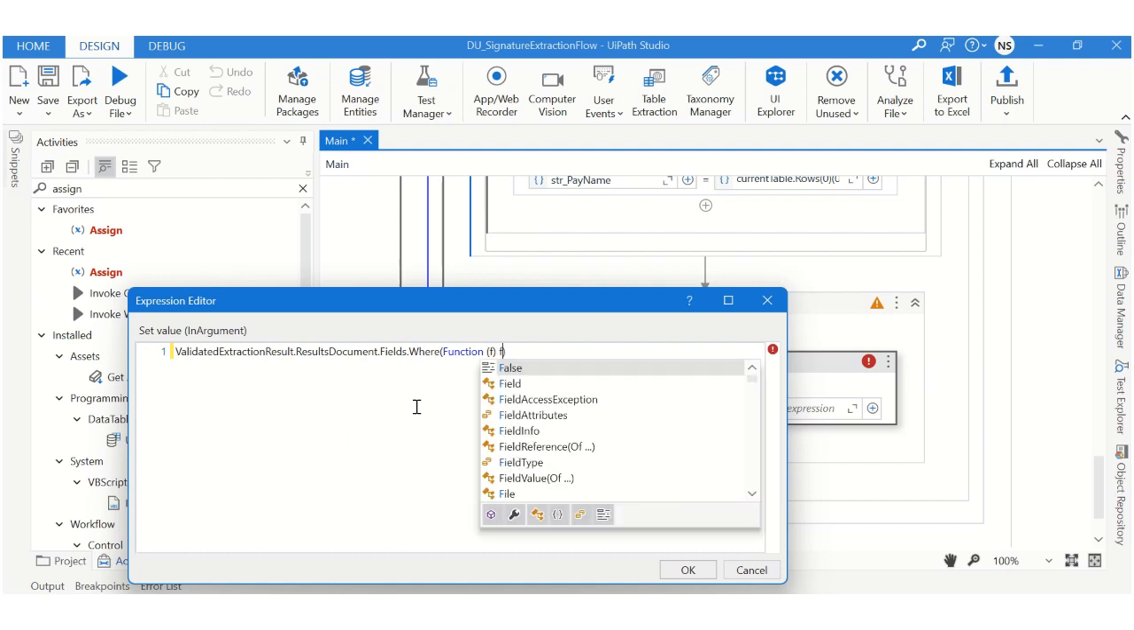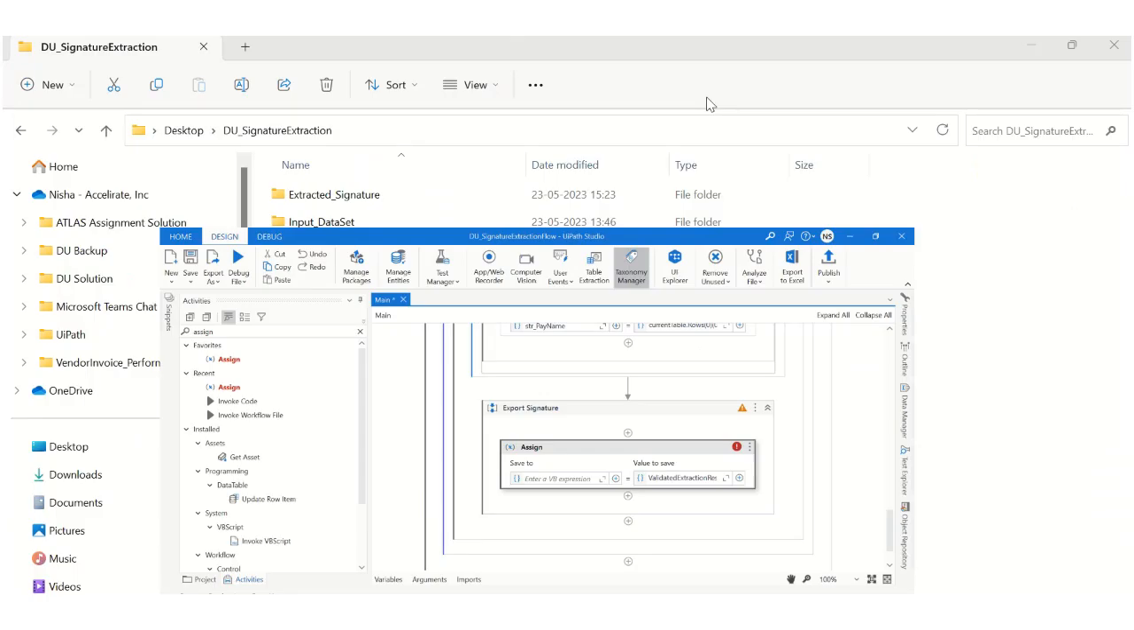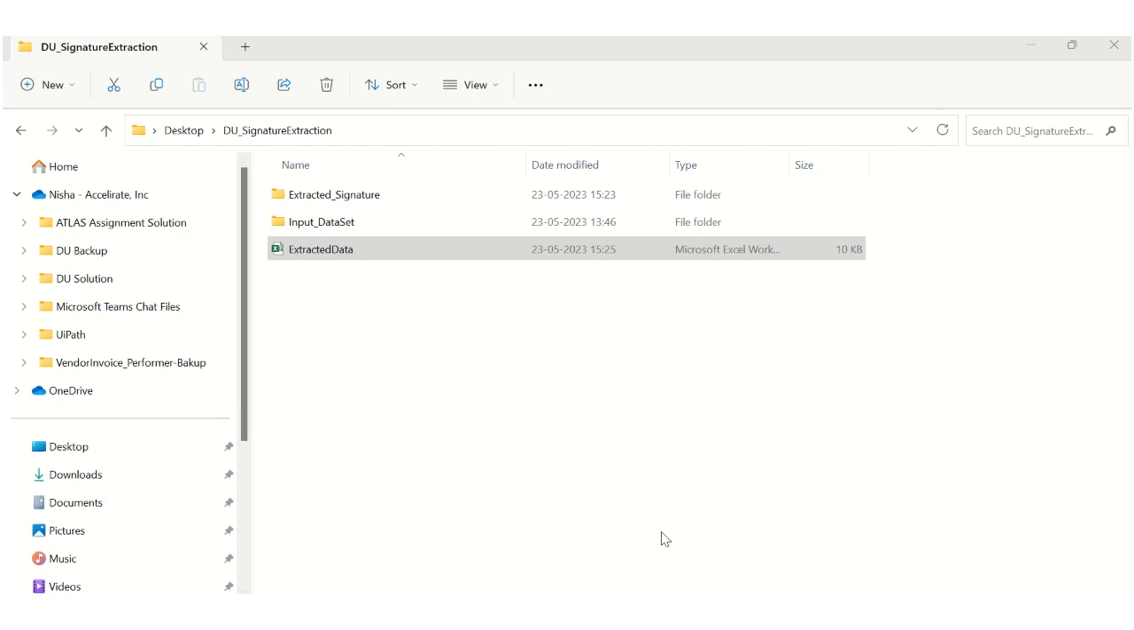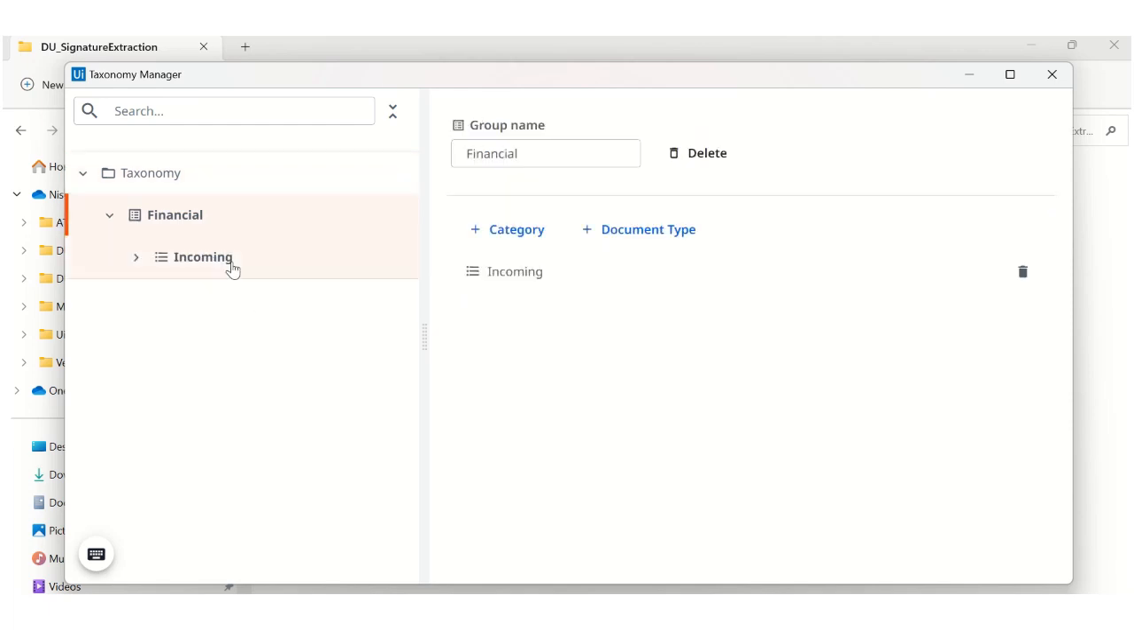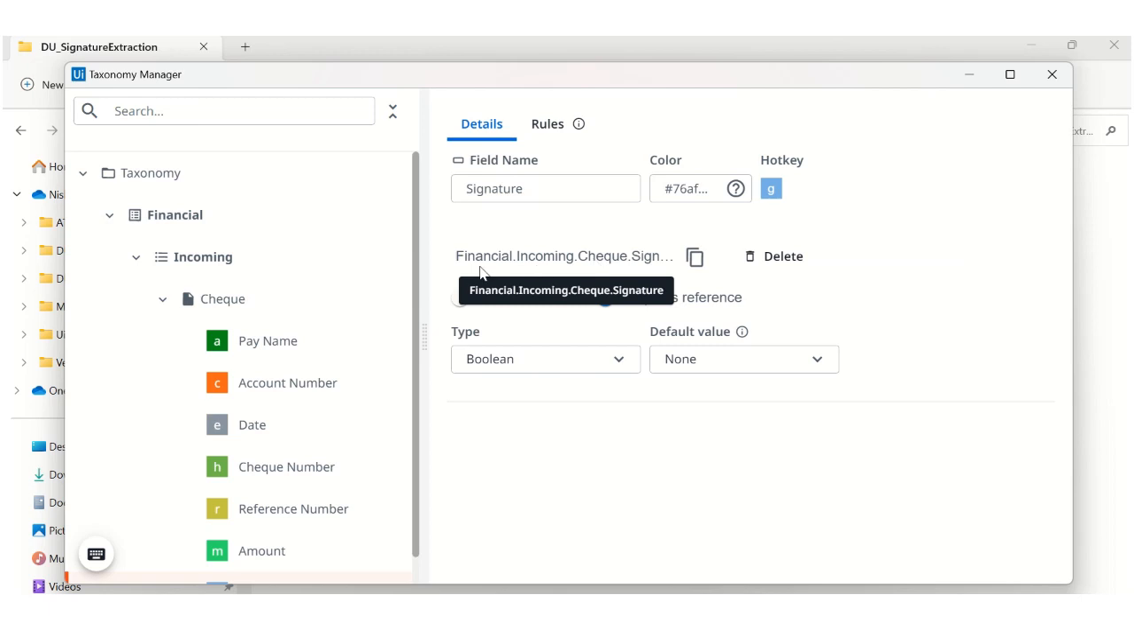Okay, where f.fieldName or field id, we can match to the field id, is equal to the field id of the signature field. And from where will we be getting that id? From the taxonomy again, the way we have fetched the document id. Okay, so this is our signature field, and we need to copy this id. Copied. Okay, signature id is copied,